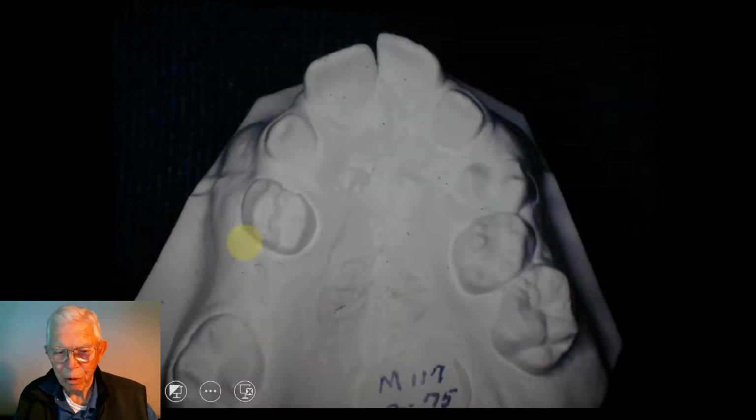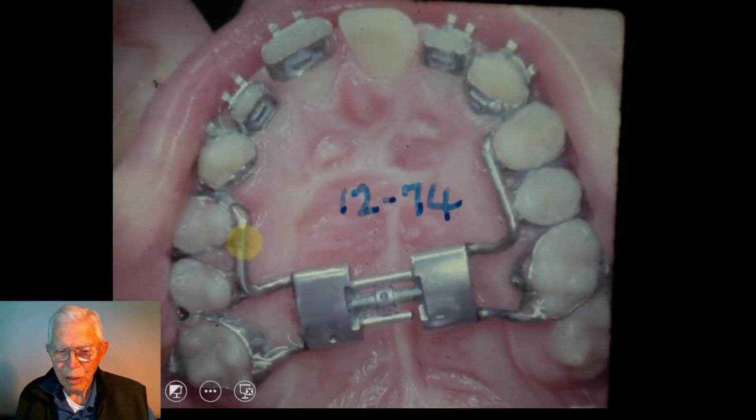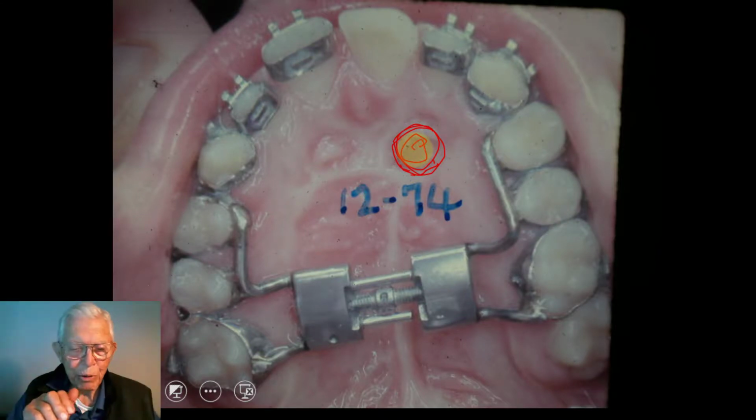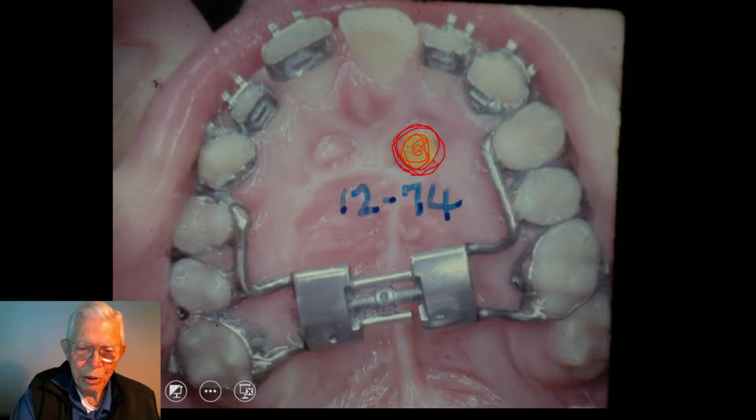Now the upper arch is narrow like this, and I think we did 2 palatal separators to get it out where we wanted it to be. And at the time when I took that impression, you didn't see this, but this is a defect that you can put a pencil eraser in there and go right on up into the floor of the sinus up there if you wanted to. And so that's something that when she blows her nose or something, this would bulge